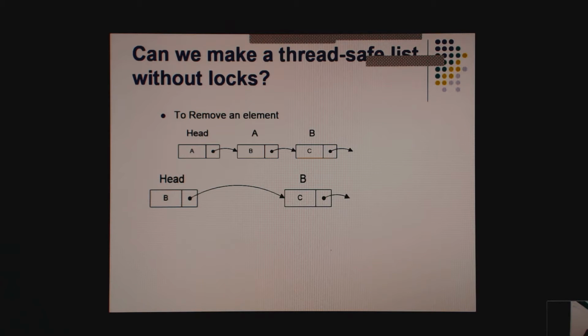So if we think about what it takes to make a thread-safe linked list, it looks like we need a lock because we have to do a couple of things here.